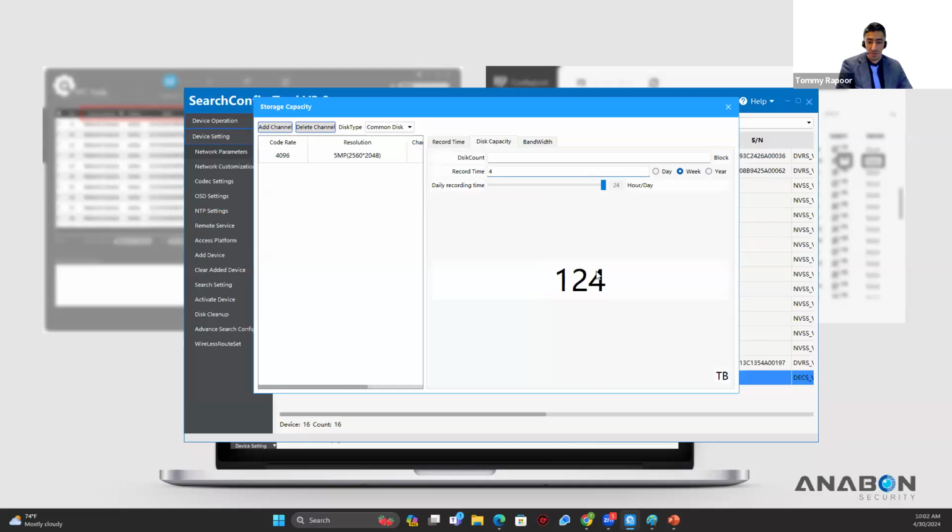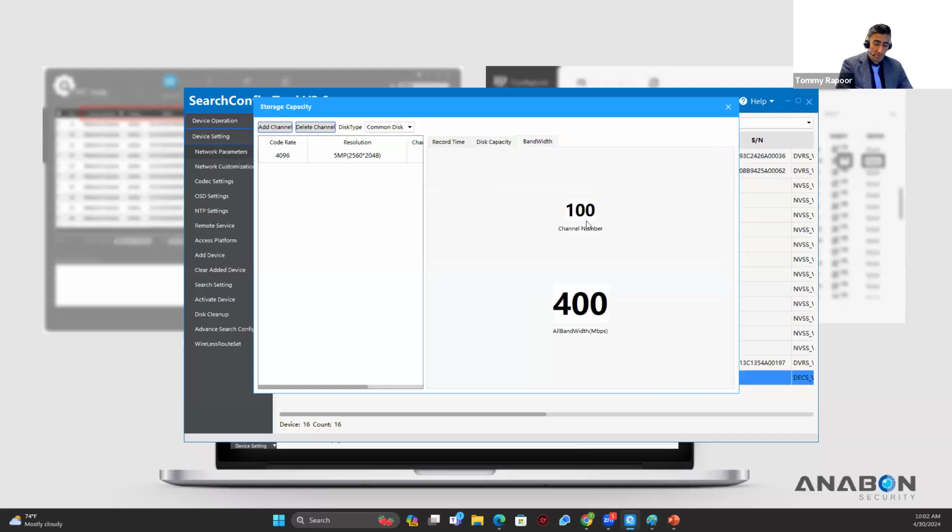So I can divide between the number of the hard drives. I can choose the proper model of the NVR, and that's a go. Again, I can calculate the bandwidth as well as the storage here. So I can find out the NVR being able to support 400 megabits per second in and 400 megabits per second out if I want to see all the cameras at the same time on the network, which for sure